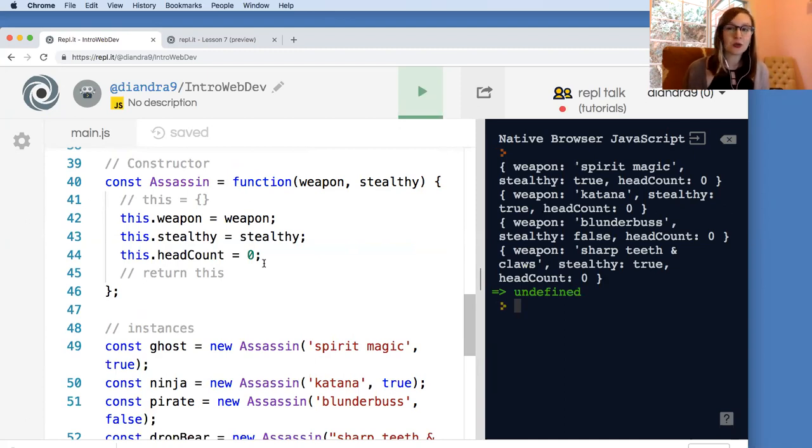But there is a reason why I'm teaching you this way. The reason is that this way, what I'm doing here makes it really obvious what's going on behind the scenes. So I'm teaching you this technique for creating classes because I want you to understand what classes are and how